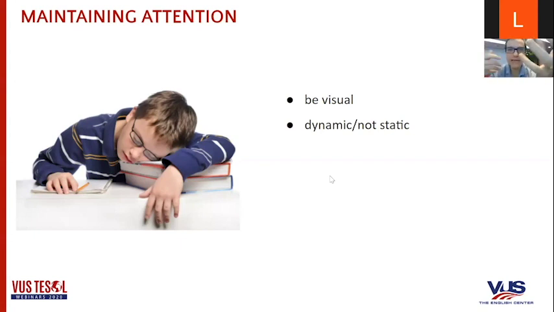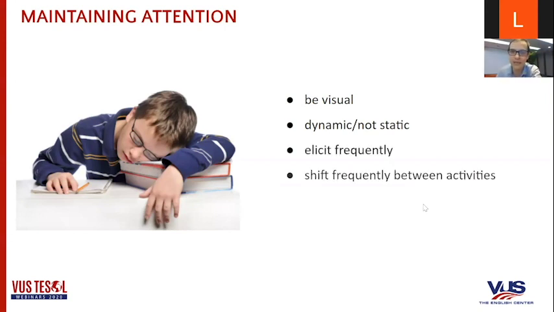So right now you are going to be naturally dynamic because you can talk with your hands. The students can see your face moving. That is dynamic. Being visual is good. If you share a picture or whatever, that's very good. But you can't just leave a picture on a screen for even 1 minute. That might get a little bit boring. So keep things shifting around and moving a little bit. Elicit frequently, I mentioned that before. Shift frequently between activities. You can't do a 10-minute online activity.